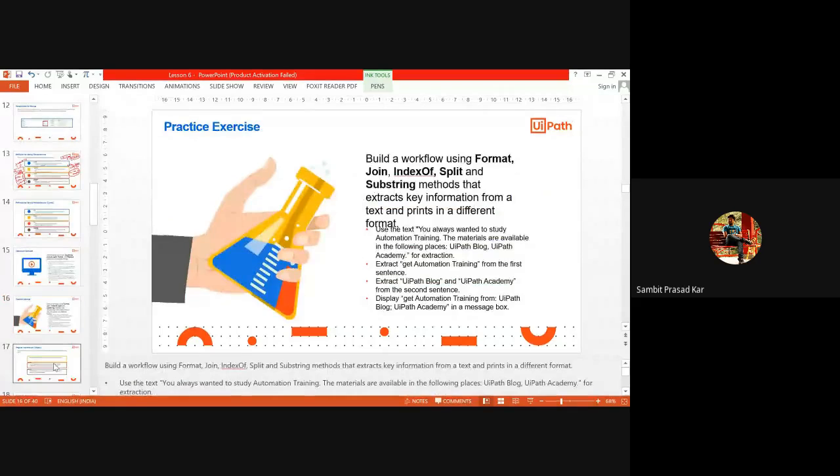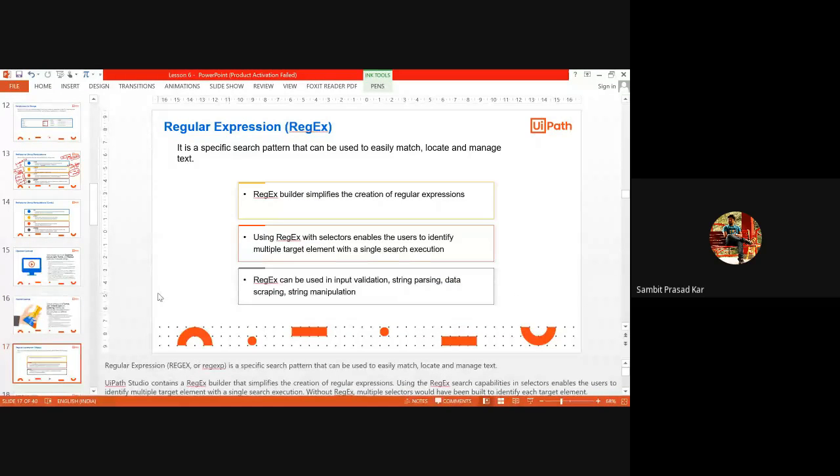Then regex. Computer science guys, you remember regex? To match expressions. What does it do? It matches expressions, like if we have some substrings in a given string. Exactly. Someone was asking me the other day, can we extract text or a line from a PDF? So this is your guy: regular expression.